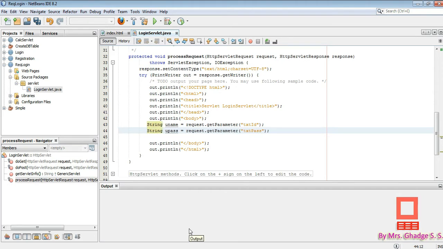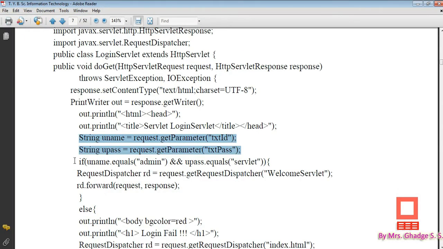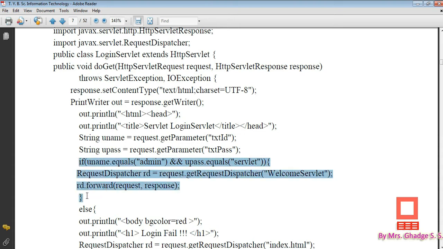Now we have to check whether username and password are correct or not. For that you need to write one if statement. If uname dot equals admin and upass dot equals servlet, then we need to create a request dispatcher object. So here it is shown, RequestDispatcher rd is equal to request dot get request dispatcher, and in double quotation marks welcome servlet.